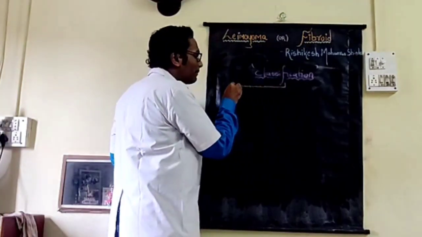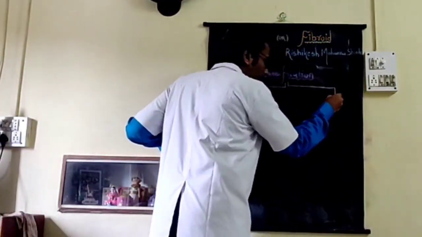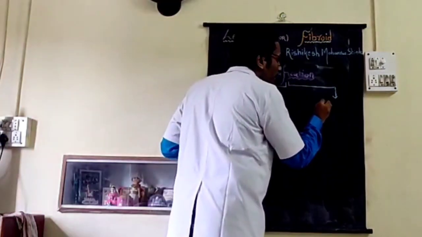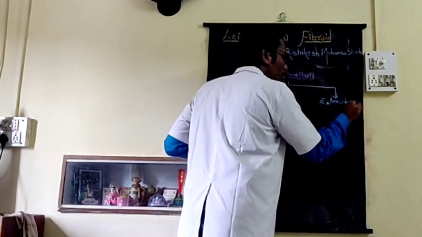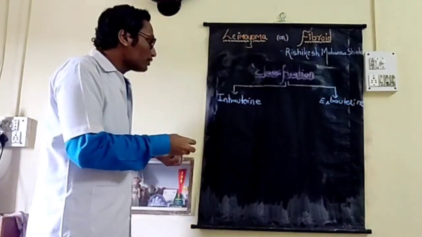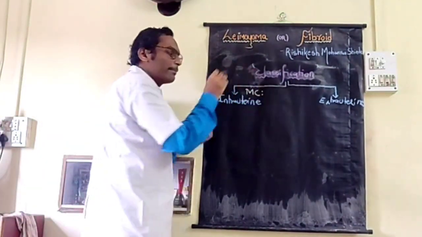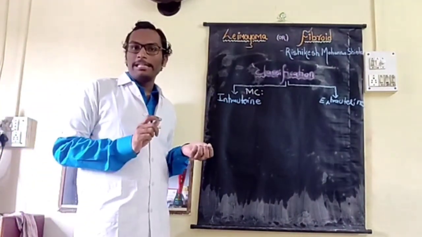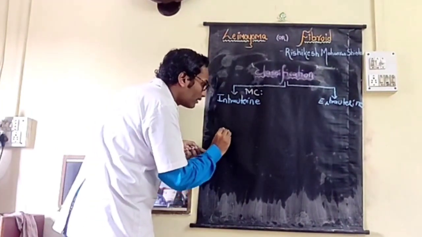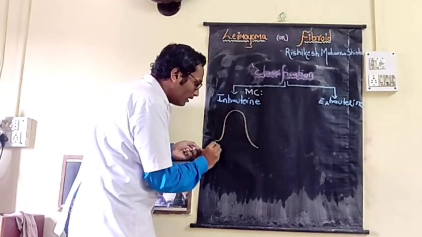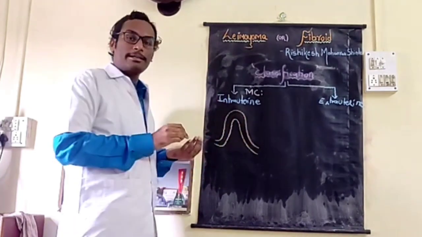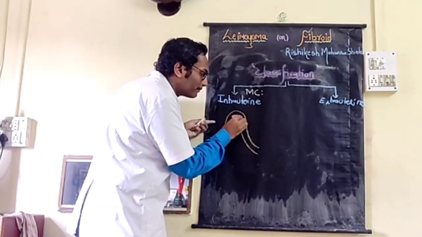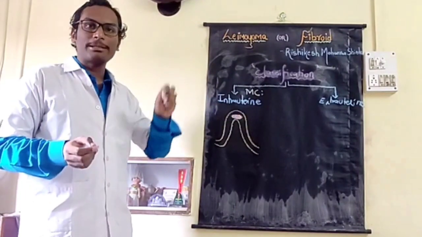Now coming to our third topic, the classification of fibroid. The fibroids are basically classified into two types, the intrauterine fibroids and the extrauterine fibroids. Out of these two, the most common is the intrauterine fibroid. Now this intrauterine fibroid is divided into three types. So first we will draw the diagram. This is our uterine cavity. This is our myometrium layer. When the fibroid involves the whole of the myometrium,